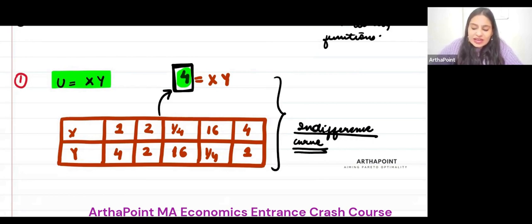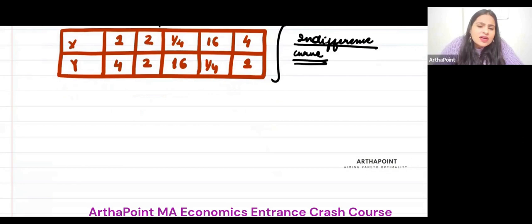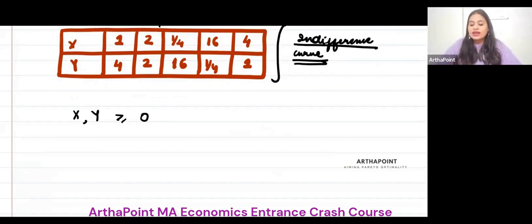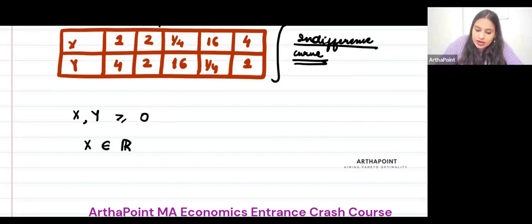Now, I want to write some other mathematical notation and I will explain what we are doing. So I will write x, y greater than or equal to 0, just to show that my x and y can only lie in the first quadrant. I can't go below that. I have to have positive consumption of the two goods. Or I can write that x belongs to R. Don't get too worried by these notations. So x belongs to R^n plus. It has to be a real number.